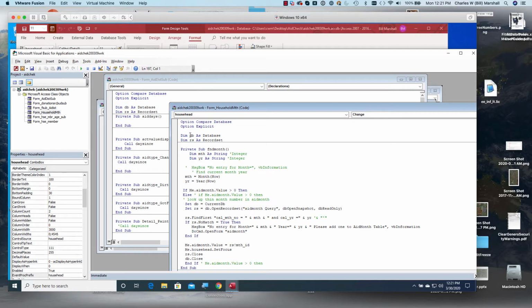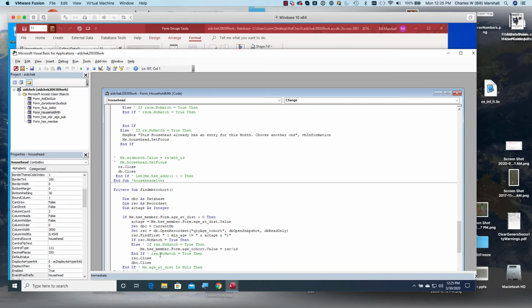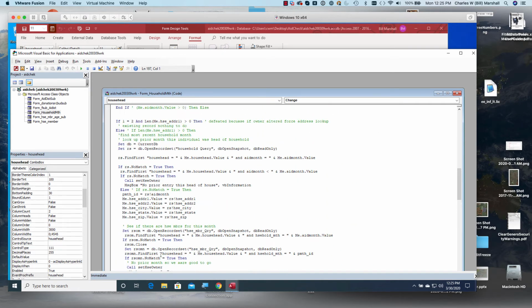We're then going to dimension a variable called db, and it's going to be as the type database. And we're going to dimension a record set as the type record set. Alright, so it calls household change, and all that does is call the subroutine household alter. And if we come up here to household alter,